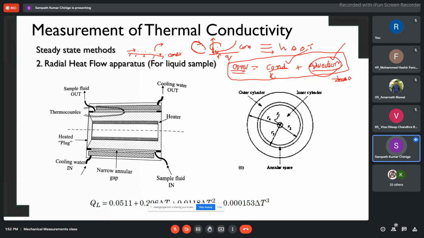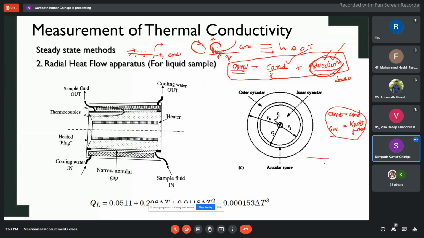But if I have to eliminate advection, that is, the heat transferred by the convection currents due to the movement of the fluid, so that convection becomes equivalent to conduction, then what you are finding out is basically the thermal conductivity of the fluid, Kf. dT by dx is something very important. So this will be your equation to solve. Clear?